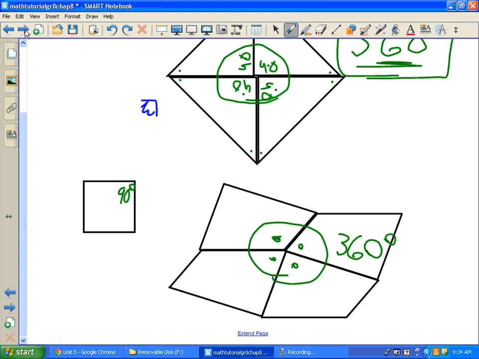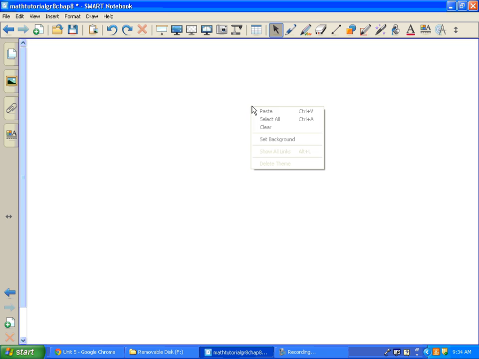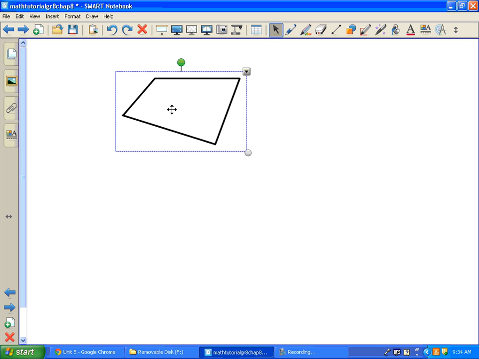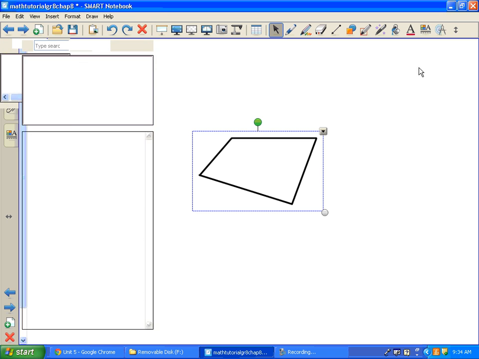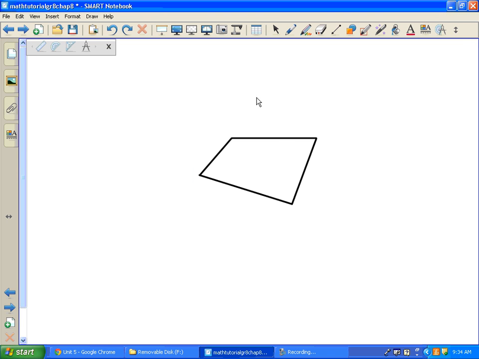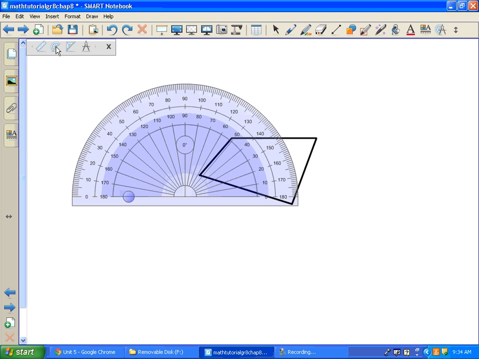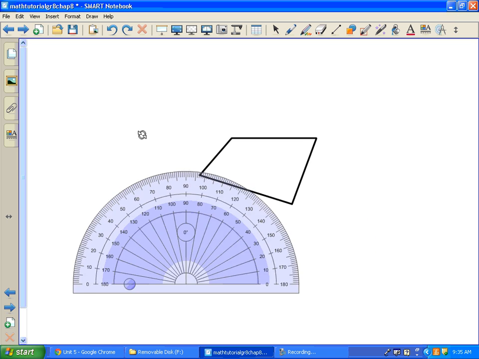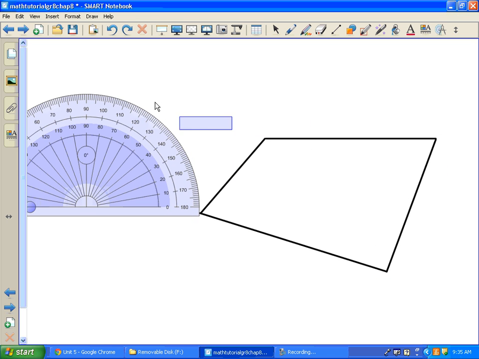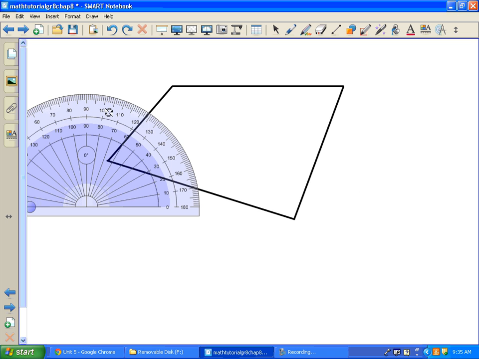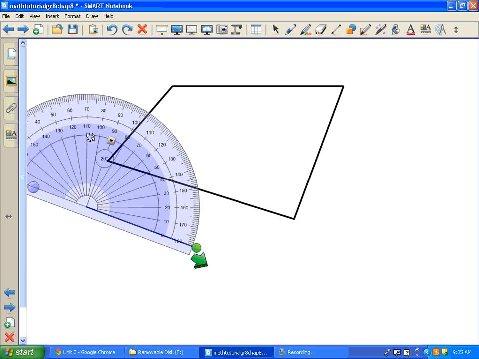A little test for that, and the reason why this will work, well, let's give it a test up here. Let's take our same shape and paste it right there like that. And let's just have a look at some of the angles here in this one. So if I take a protractor here, there we go, and I might blow this guy up a little bit bigger so I can see him. There we go. Now if I start measuring the angles here,